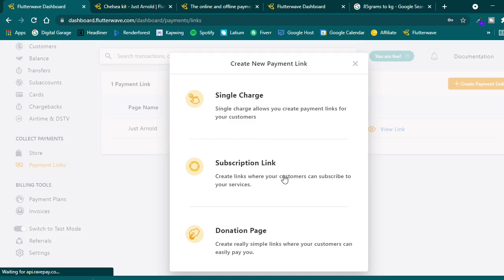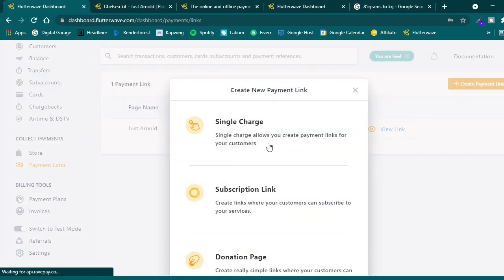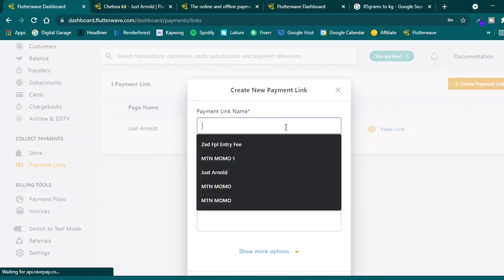So subscription is monthly, yearly, 6 months, however you may want it. And a donation page is for NGOs, donate any amount of money. Then a single charge is where they charge you, or where you charge them once. So I have created one, so I can create one. There's a single charge, and you